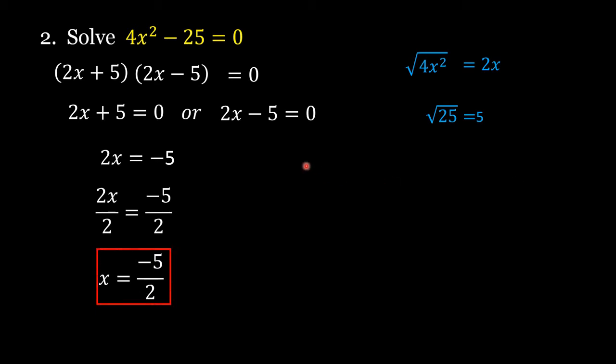Let's go to the second equation. Transpose negative 5 to the other side and change its sign from negative to positive. So it is now positive 5. Divide the left side and the right side by the coefficient of x. So divide by 2, divide by 2. So our answer is 5 over 2. x is 5 over 2.